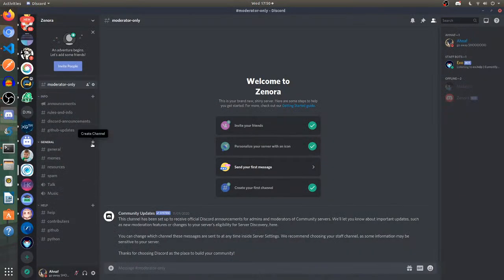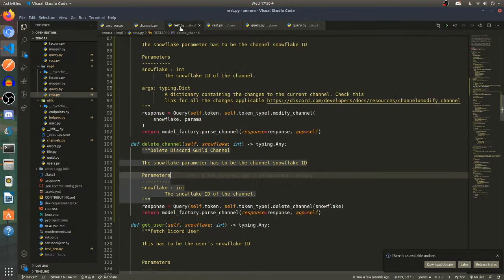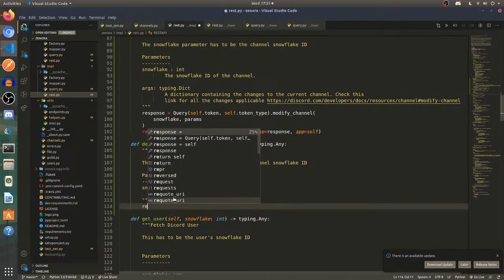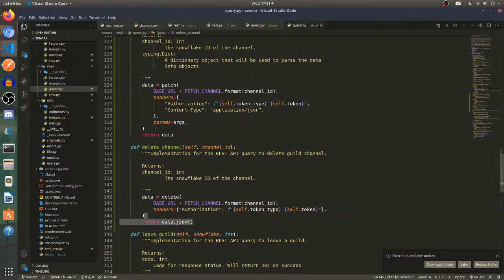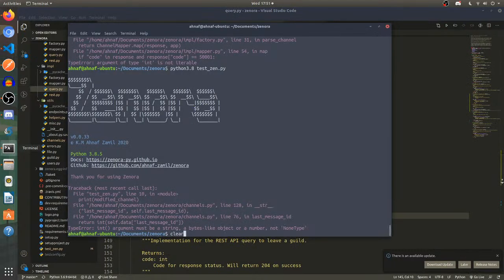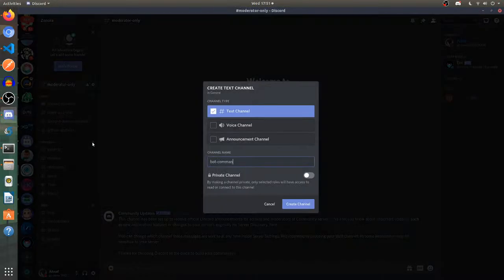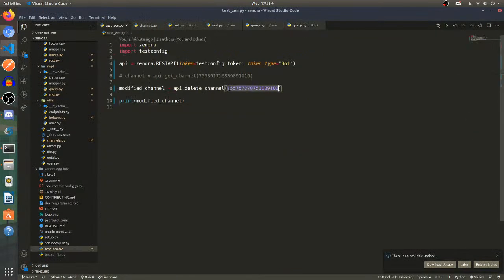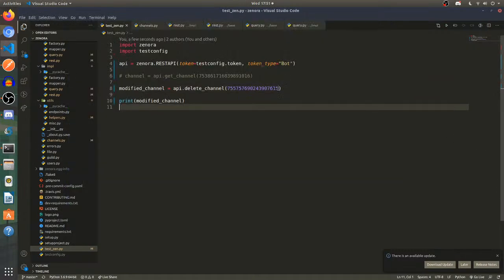I guess I need to actually print it. I guess I don't want it to return anything. It should actually return none, so in that sense I don't have to return anything. If that actually works, I can make the bot commands channel again. Be the ID over here. Yeah, so I actually don't want it to return anything. It's returning none, and that's actually okay.